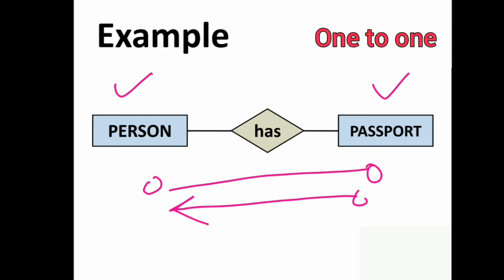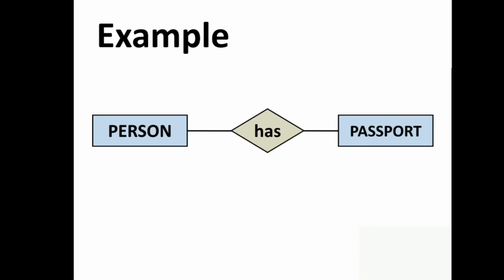And in this particular example, if we talk about making tables to show the relationship between person and passport, then we can easily store the passport ID in the person table. But we need to make another table for the passport because passport number may be sensitive data and it should be hidden from certain users. So by making an extra table, we provide extra security that only certain database users can see. Alright.